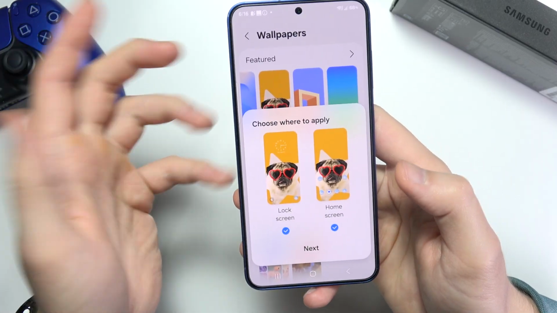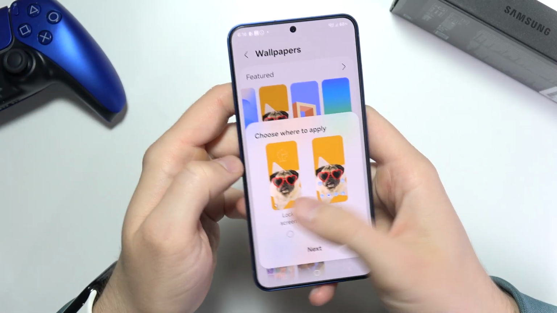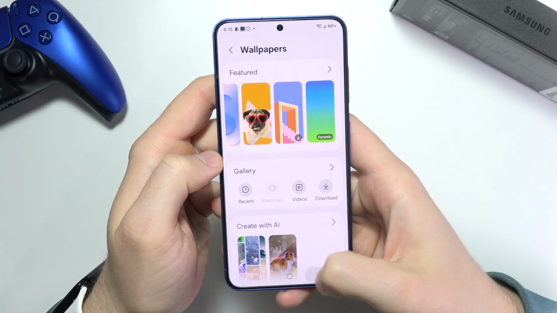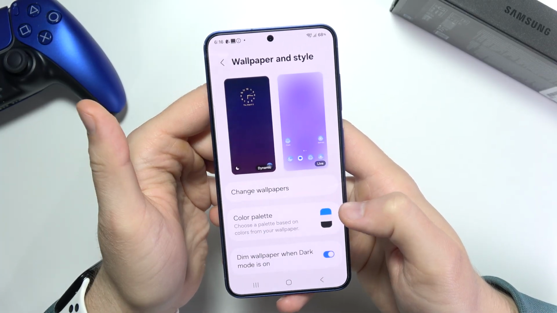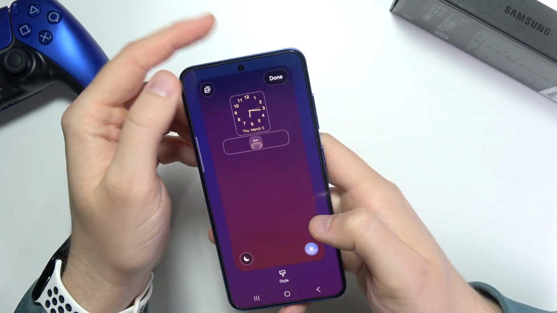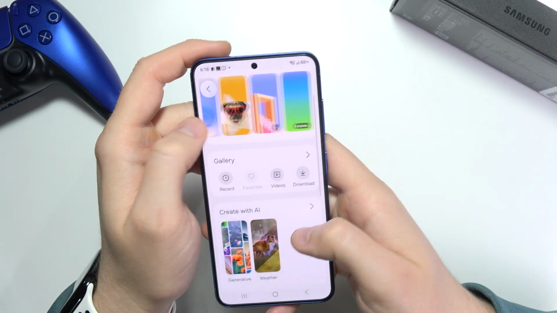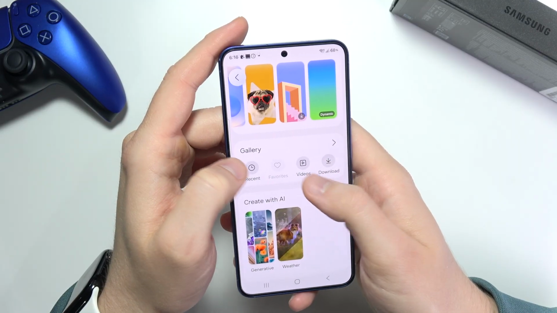But you can set a different home screen and lock screen wallpaper. In this case, unselecting lock screen, click next and apply. And if you want to get a different wallpaper on the lock screen, you have to just mark lock screen, click here on the left upper corner, and now pick another wallpaper, or you can even go into the